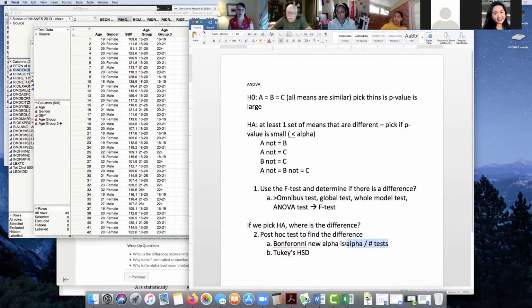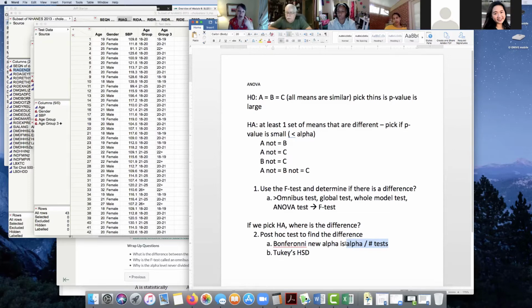You still reject the null and say, we've indicated that there is a difference. Once adjusted for, I've typed this phrase so many times, once adjusted for multiple testing, we're unable to determine which groups are statistically significantly different, and you just report the individual values. It's likely a power problem.